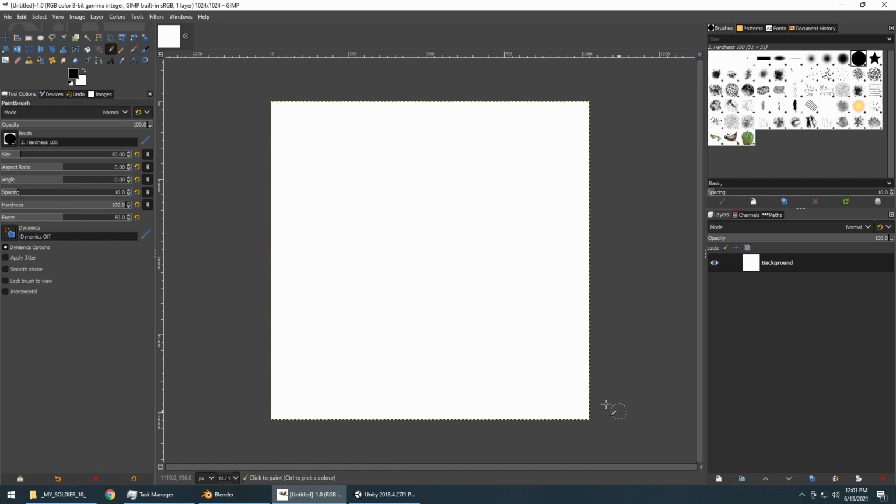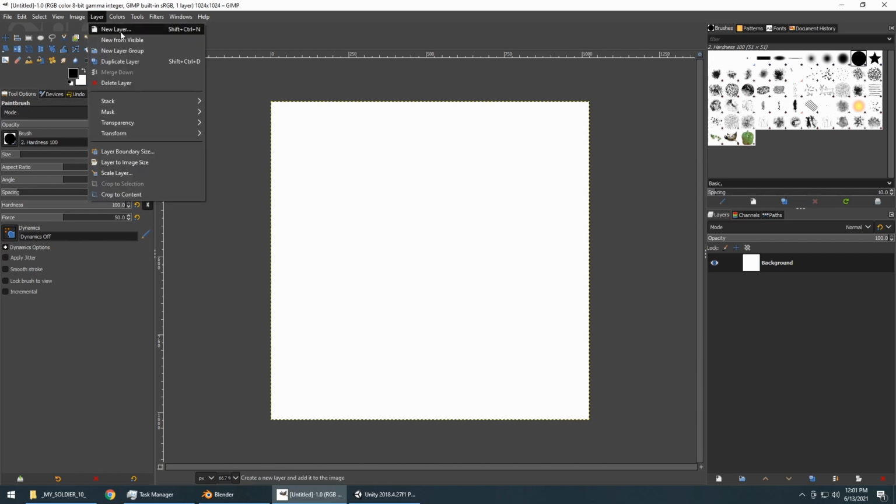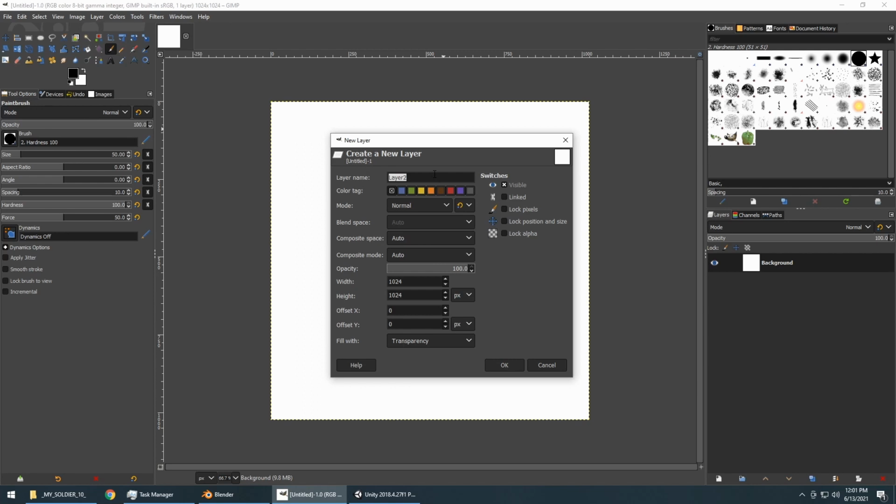And as it happens, I had white selected as my background color. And so it filled in the background with white, which is not what I want. In fact, I don't want this background layer at all. The background layer is a special layer that has some weird properties associated with it. So I'm going to create a new layer. To do that, I'm going to click Layer, New Layer. I'm going to name this layer